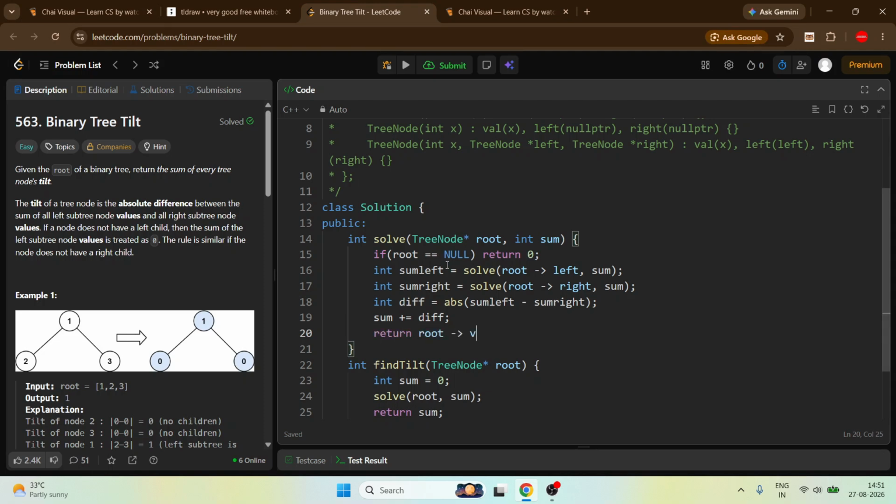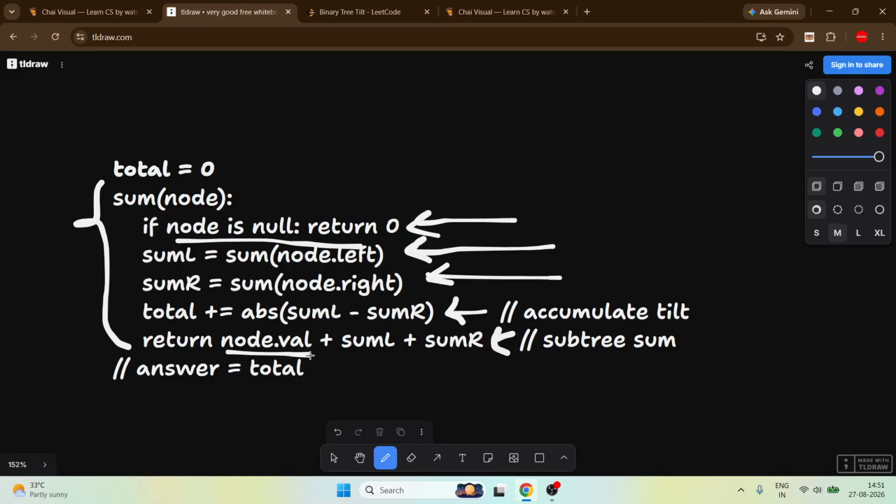Every parent node needs the whole sum of its left child and the whole sum of its right child, so that the parent node can find the tilt. So for that we have to make sure of this one, like a node value, the left part and the right part.